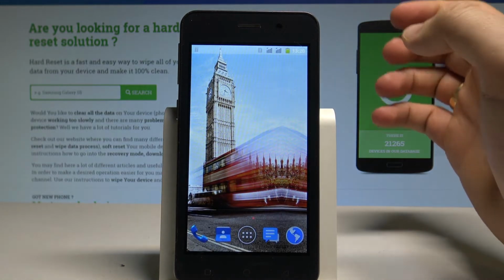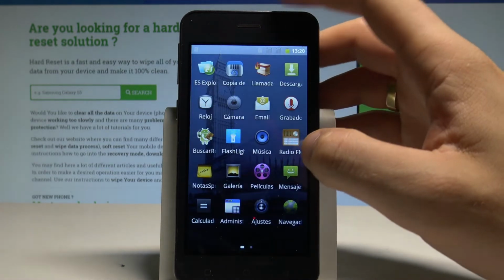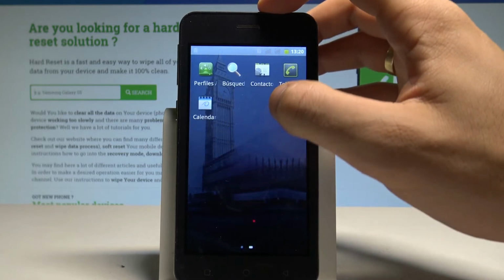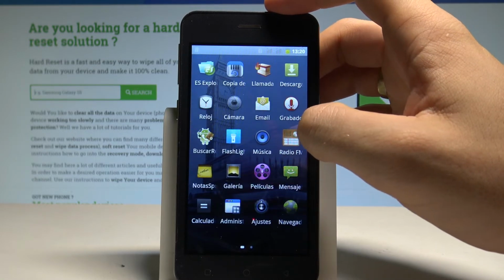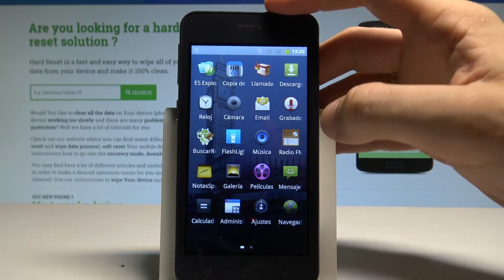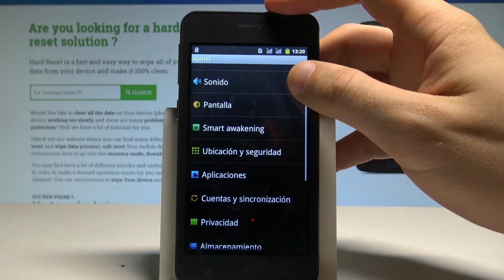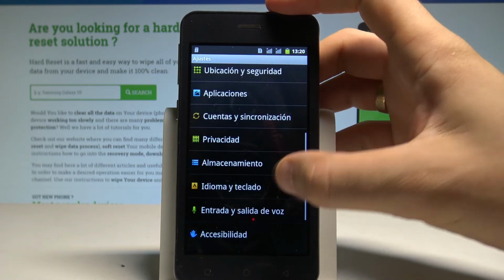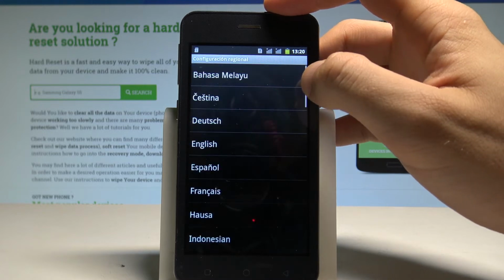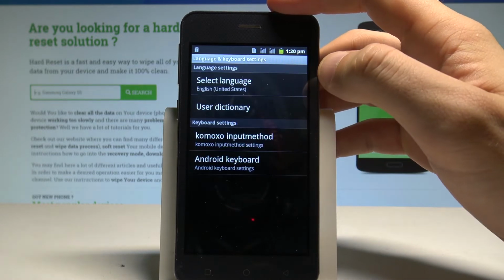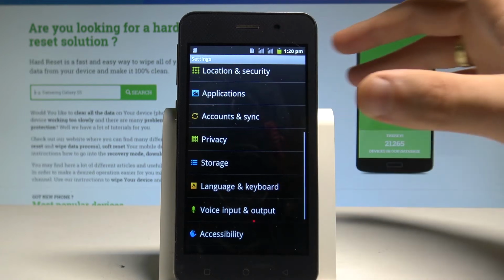If you would like to go back to previous version, just find and select the apps icon. Here you need to choose the ajustes right here. Let's select right now idioma y teclado, tap seleccionar idioma, and here you need to choose English. So that's it. Right now you are using the English